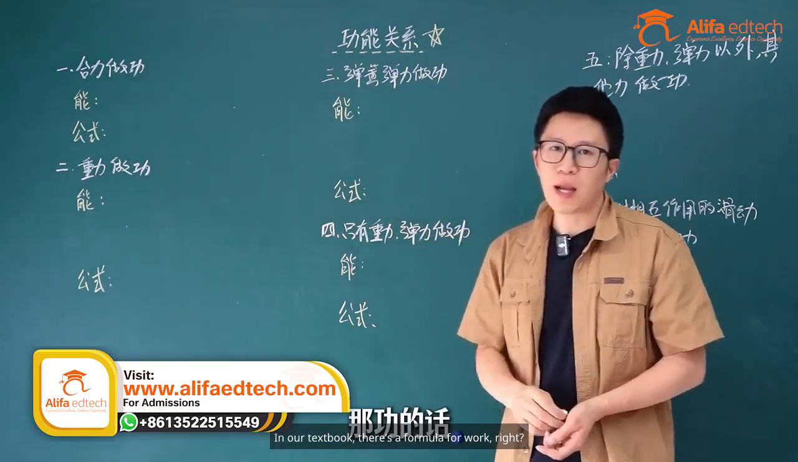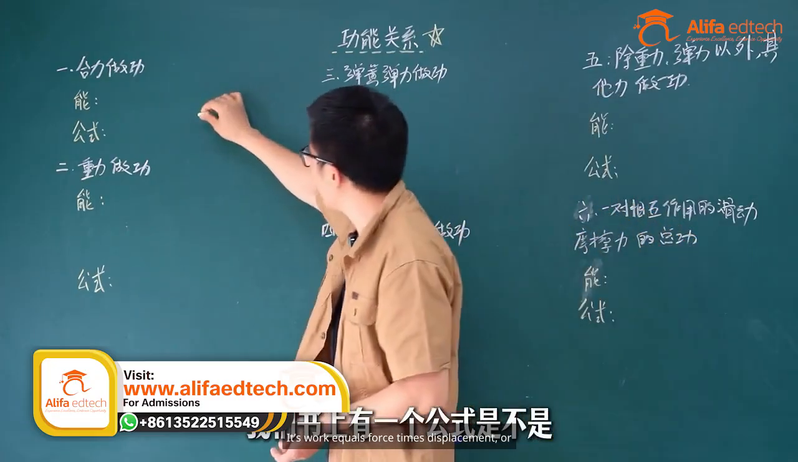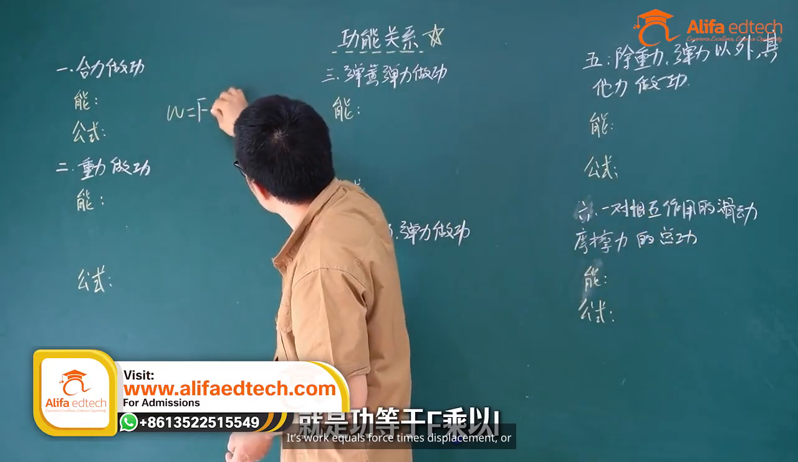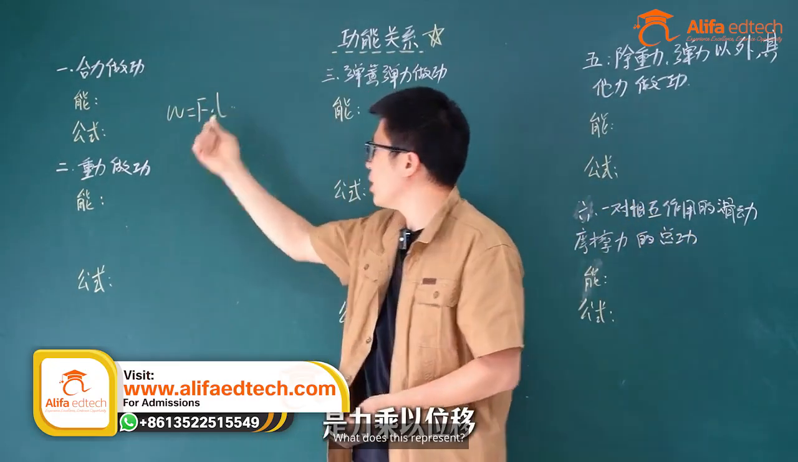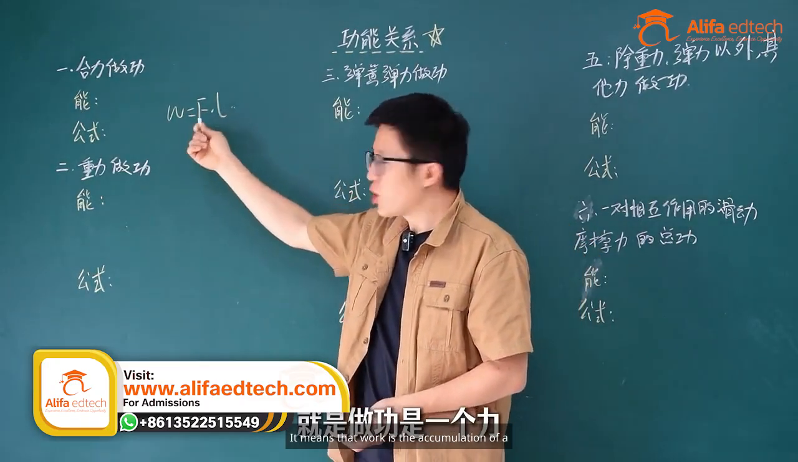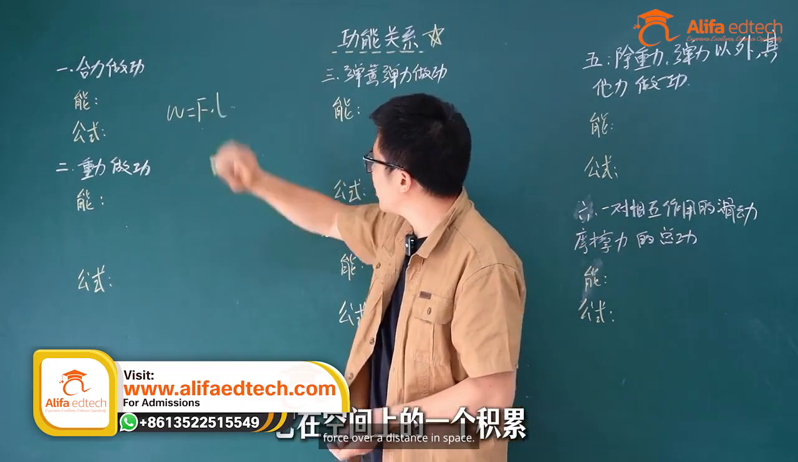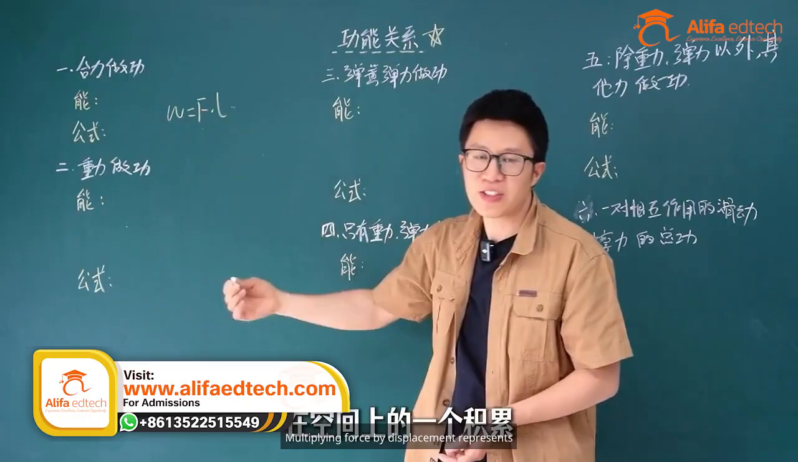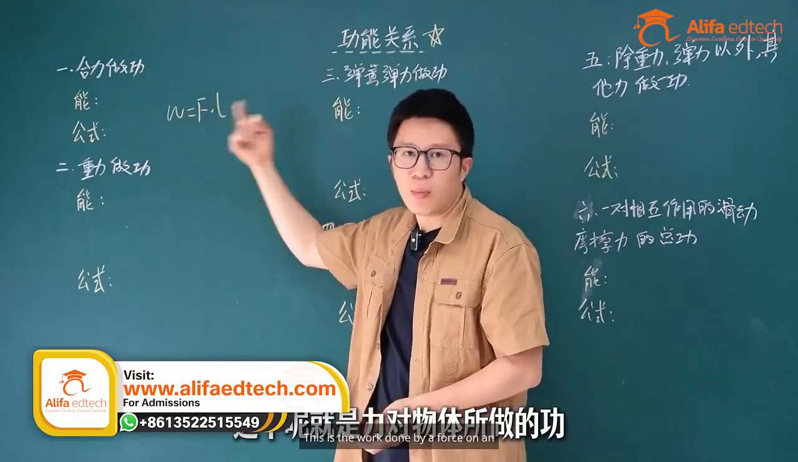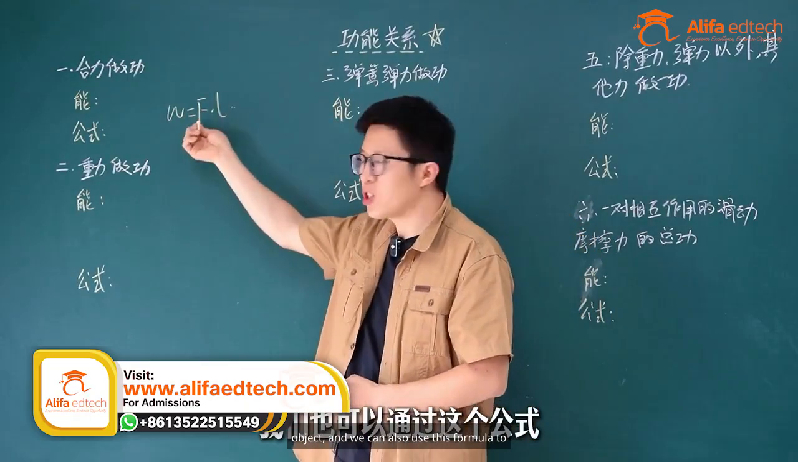So, what is work? In our textbook, there's a formula for work, right? It's work equals force times displacement, or W = F·L. What does this represent? It means that work is the accumulation of a force over a distance in space. Multiplying force by displacement represents this accumulation in space. This is the work done by a force on an object, and we can also use this formula to calculate